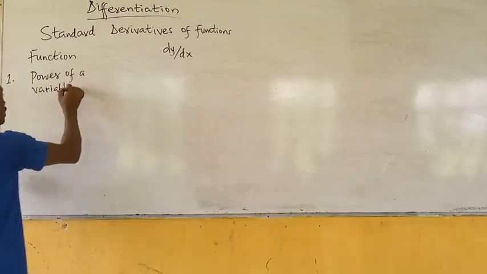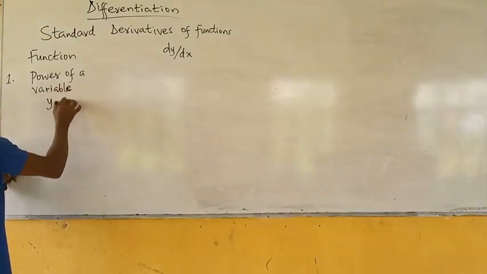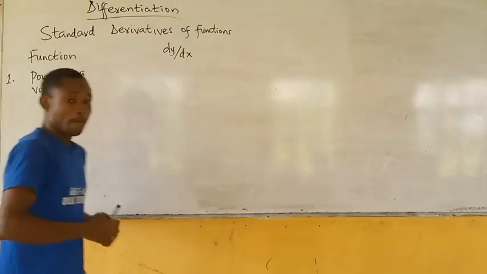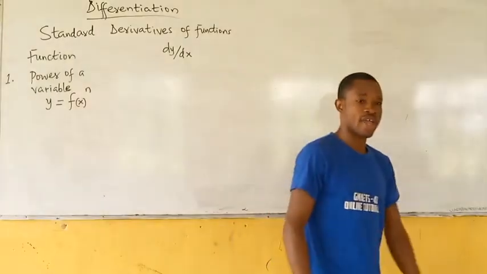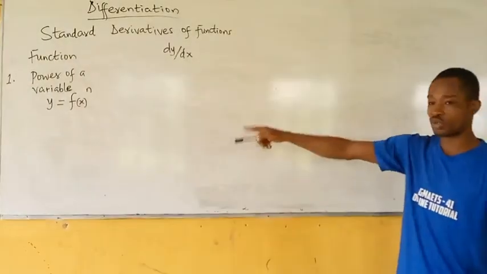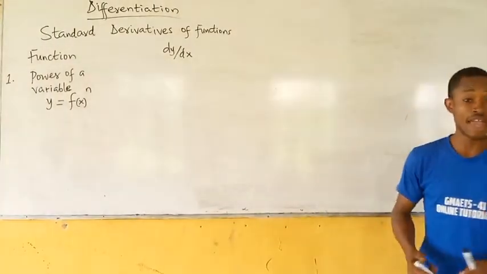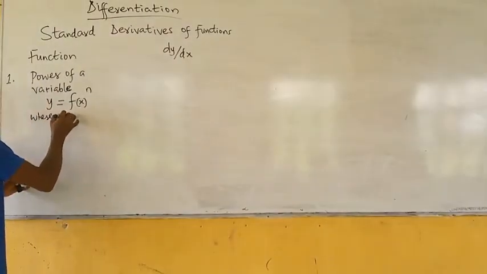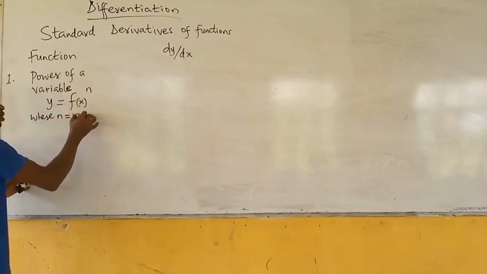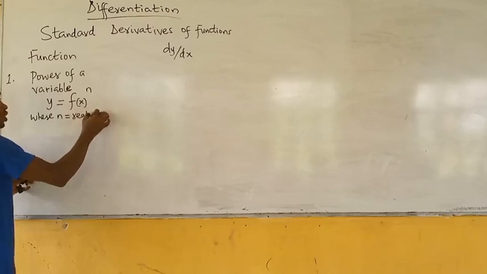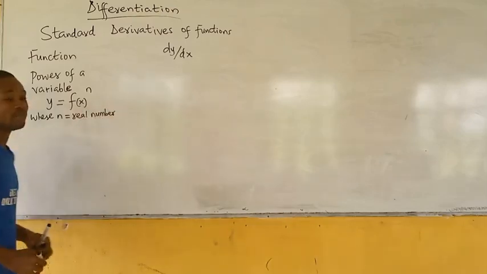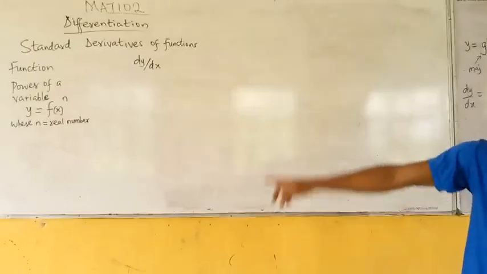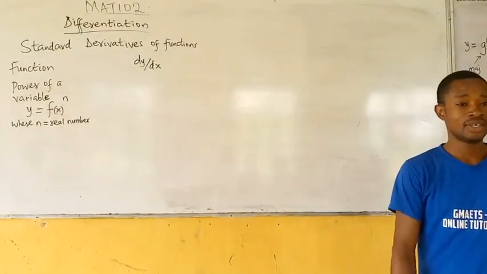Power of a variable is a function given as y equals f of x raised to the power of n. Powers of a variable is a situation where you write y equals f of x raised to the power what? n, where n is a real number. So remember, it can be positive, it can be negative, it can be a fraction. So if I give you a function y equals f of x raised to the power n, what is the